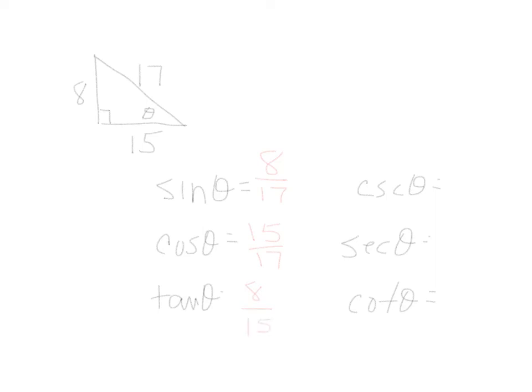Now, as far as being able to figure out the other 3, we don't have to know anything other than which one was a reciprocal. Take the answer we just had for sine, cosine, and tangent, flip them all upside down. In other words, take the reciprocals. So for cosecant, we would just say it's 17 over 8. Secant would just be 17 over 15, because it's cosine flipped upside down. Cotangent would be